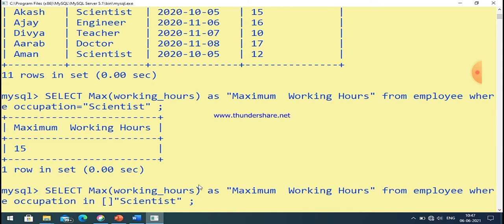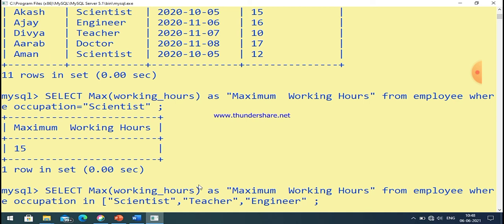If you want to find out values for more than one occupation, for example the minimum working hours among scientists, teachers and engineers, then you can use the in keyword.